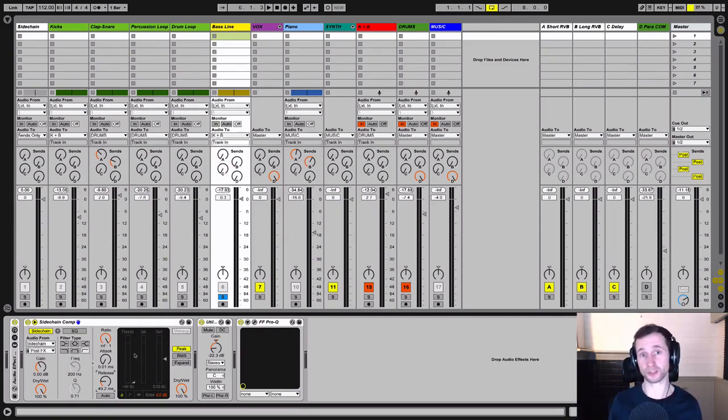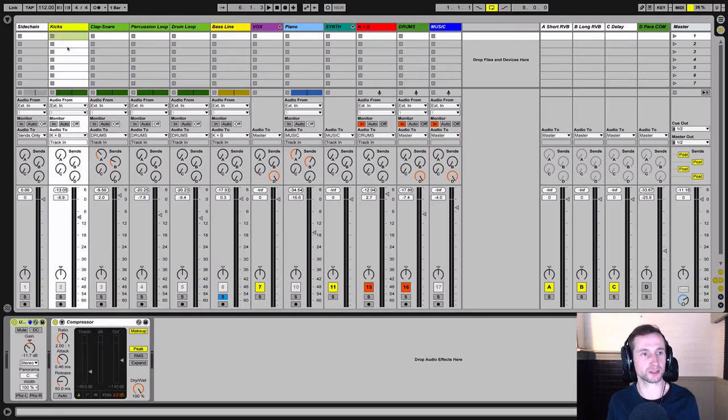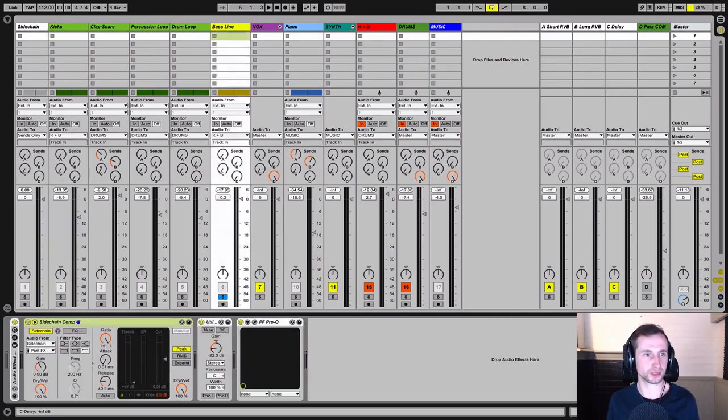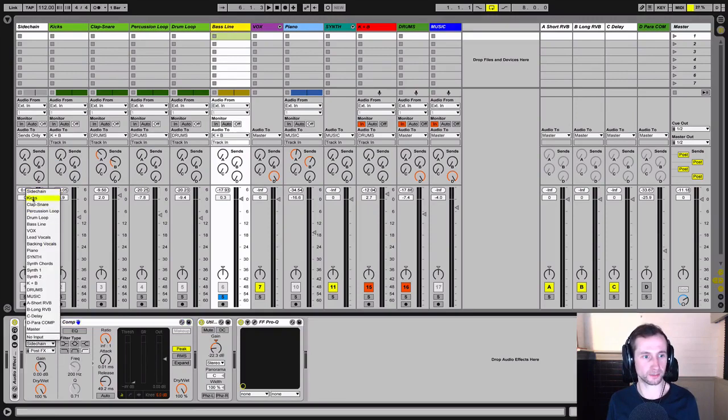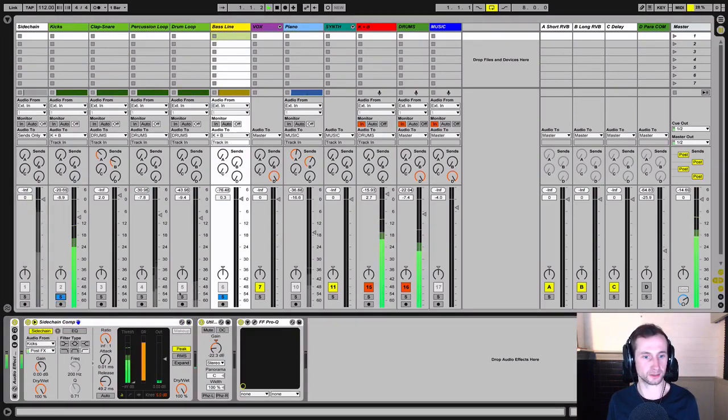Otherwise you're just reducing the volume of the whole track rather than creating the sidechain pump that we want. Okay, two other ways of doing this. One is to route the actual signal from the kick track. So instead of having a dedicated sidechain track, you can just choose your kick input, and let's hear what the